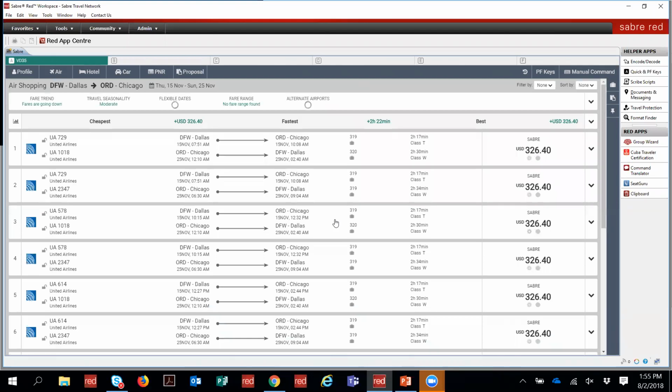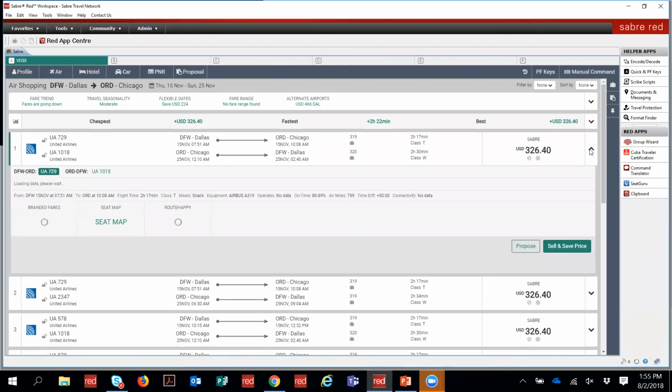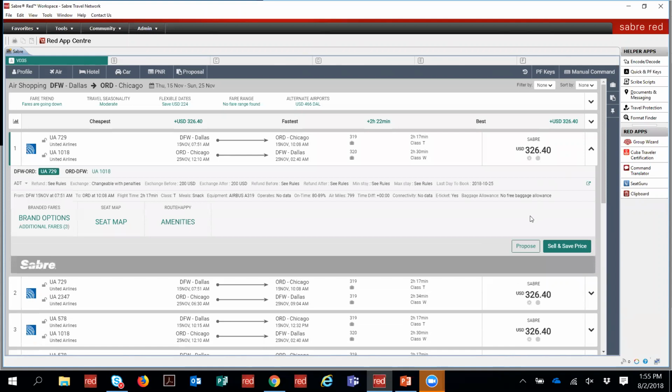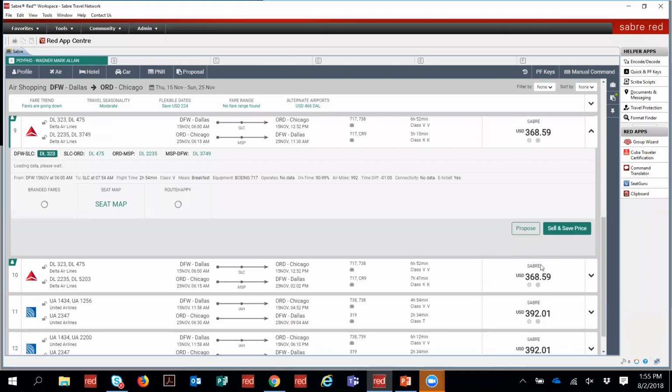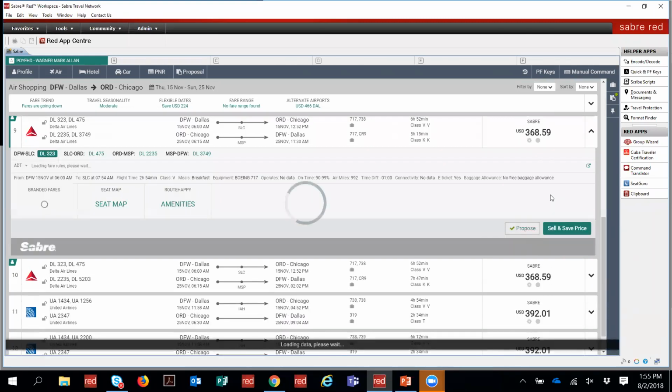So sure. So Trip Proposal works like this. I can open up any option that I see, and when you activate Trip Proposal with Sabre, you'll see a Propose button. So right now, if you've upgraded to Sabre Red without Trip Proposal, you won't see the button. But since Virtuoso is on a beta testing, so you simply click the Propose button, and I'm going to go down and select another option. I'm going to select this Delta option. And I'm going to click Propose here. But with my Delta option,